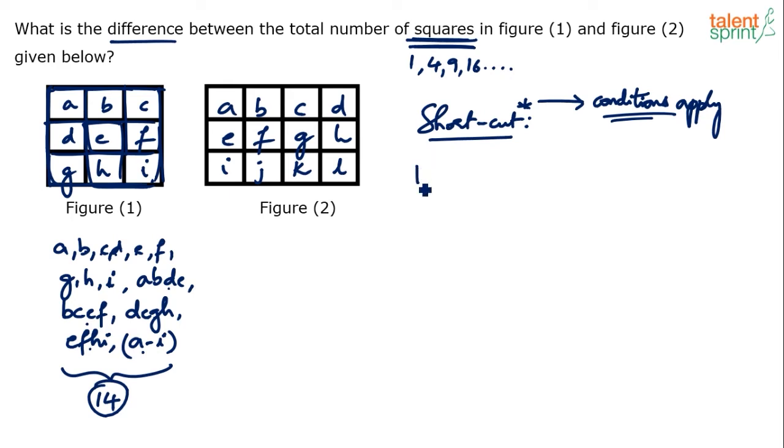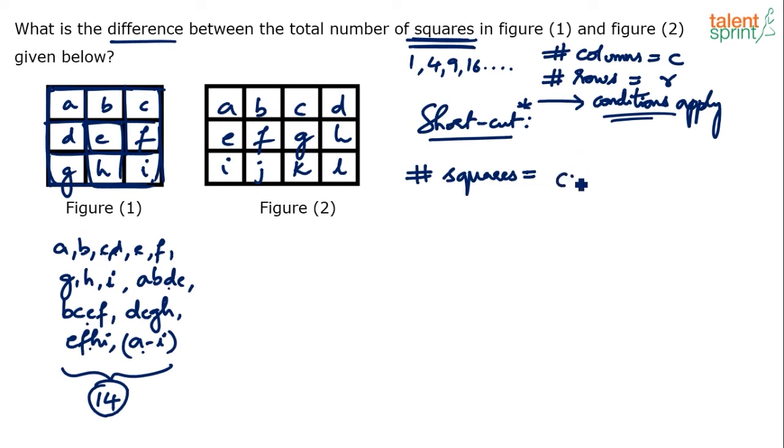What's the shortcut? The number of squares can be counted as follows. Let's say the number of columns is C and the number of rows is R. Like for example, here we have 3 rows and 3 columns. Here we have 3 rows and 4 columns. So what's the formula? Number of squares will be equal to C into R